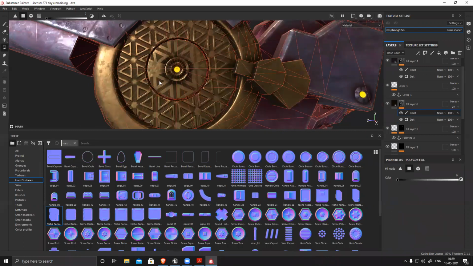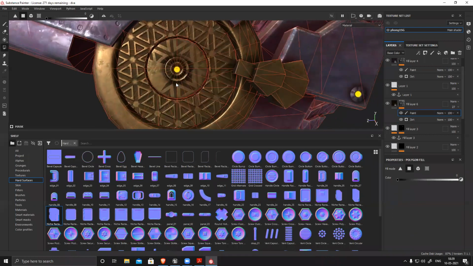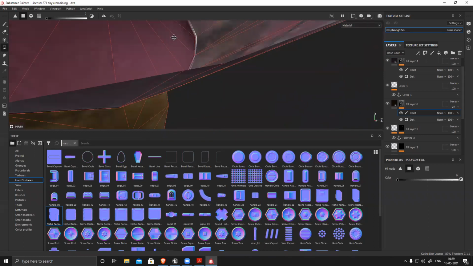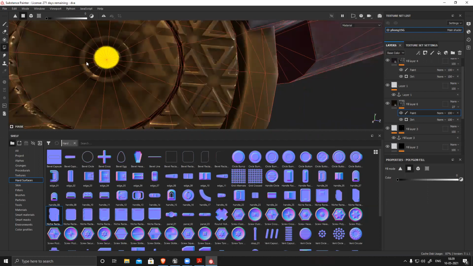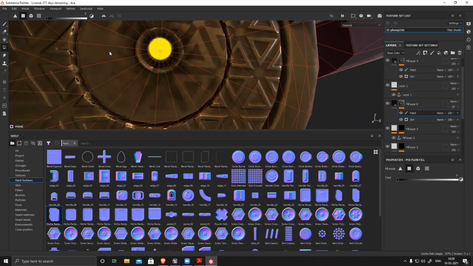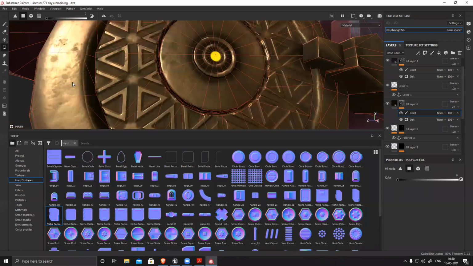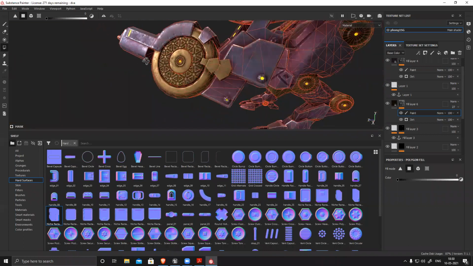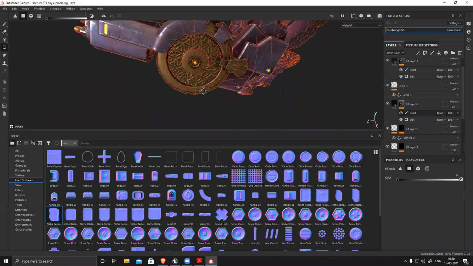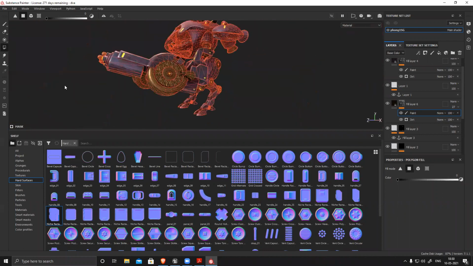Paint. So it's clean and everything is fine.